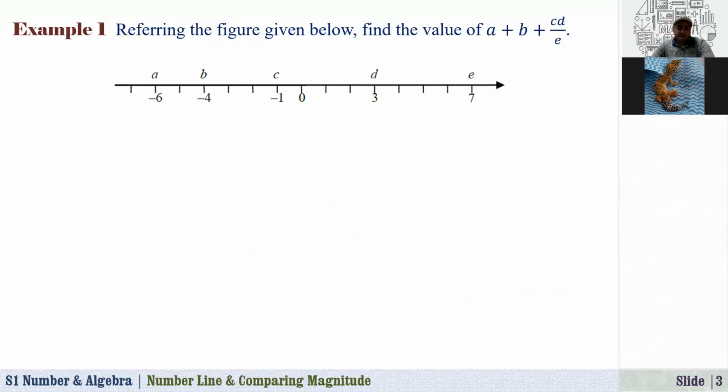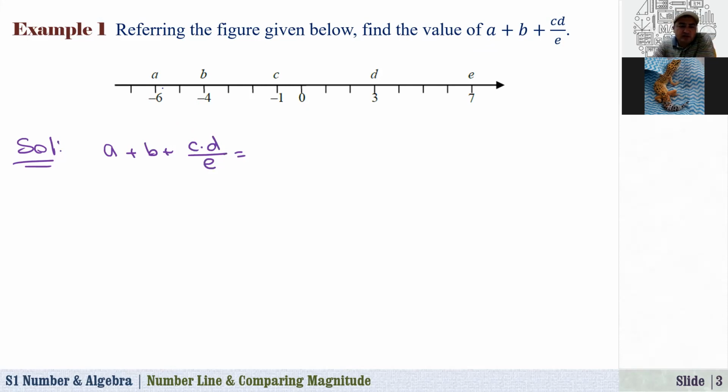Okay, so let's see this example. Referring to the figure given below, find the value of a plus b plus c times d over e. Solution. So this figure is given, that is a number line. As you see here, the numbers to the right are greater than the numbers to the left of it. Here, as you see, these numbers are already given. So here we need to find the value of a plus b plus c times d over e equals,